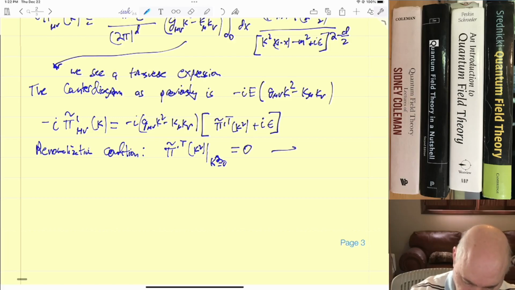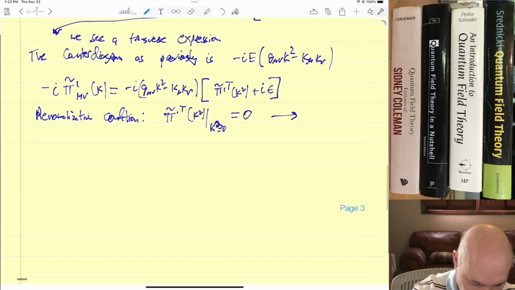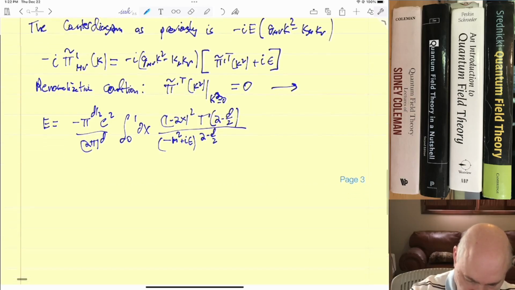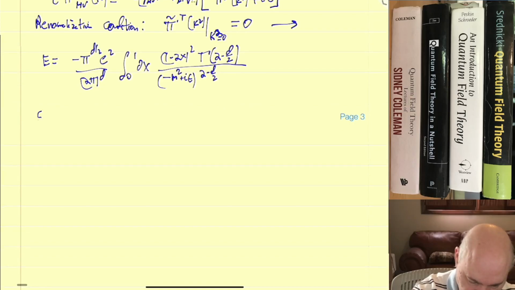So this implies, it's fairly easy to see, that E is equal to minus pi to the d over 2 e squared over (2 pi) to the d. So finally,